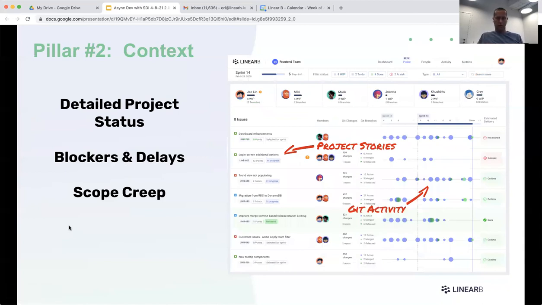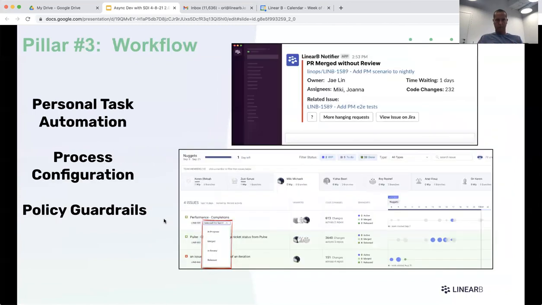Context will give you, again, another push. You see it here. You can see the things that are delayed. You can see where you have scope creep. In the team health example, you can see the specific people who are burned out, and you should probably reach out and talk to them. So remember, context will take you to the next level and will help you improve.